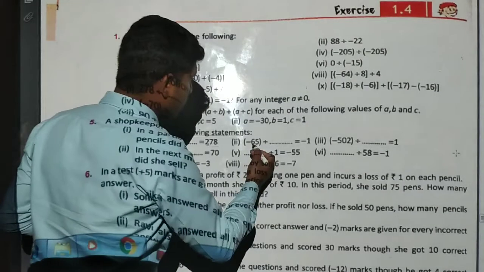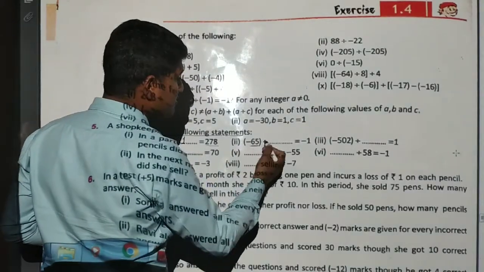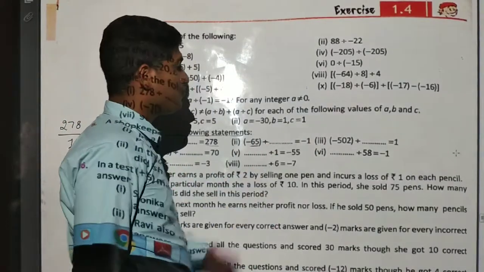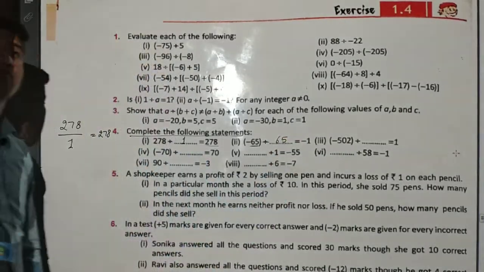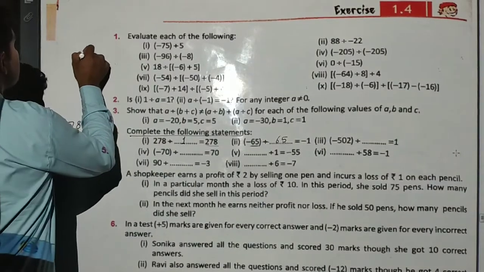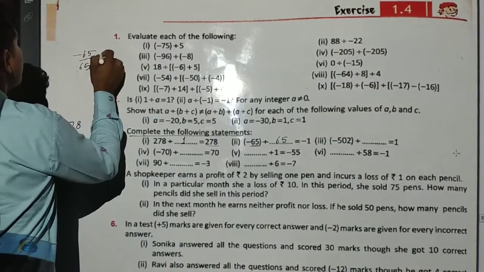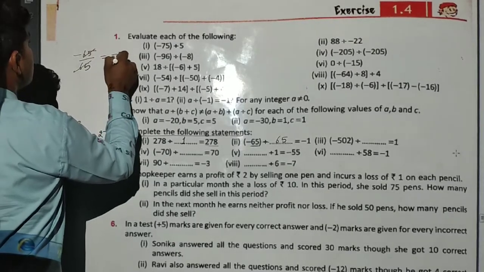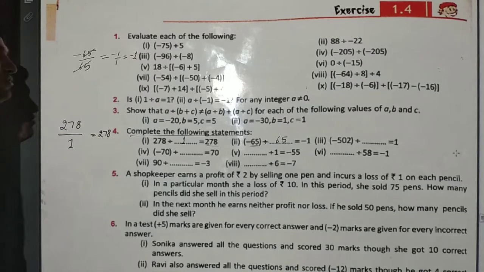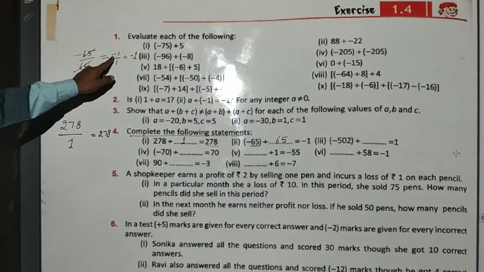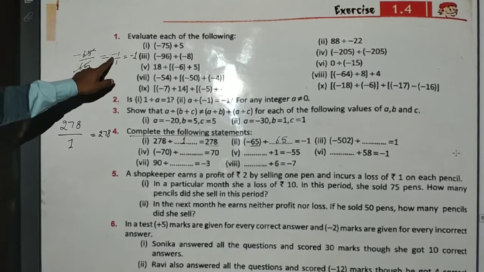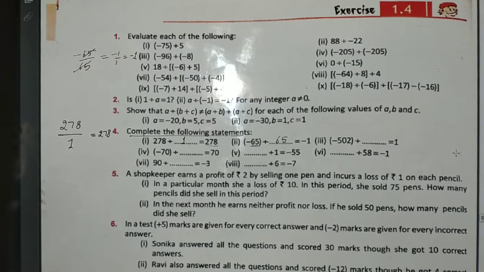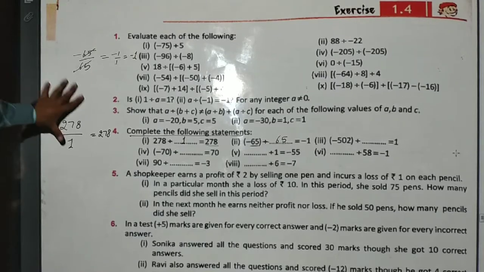Now we have to find minus 65 divided by which number gives minus 1. So we will divide this by 65. Take 65 divided by 65; this will cancel out, then minus 1 divided by 1 is equal to minus 1, because 1 divided by 1 is 1 and the negative sign will be taken. Here the numerator is negative and the denominator is positive, so these are opposite signs and the negative sign will appear in the result. So by these properties we can solve exercise 1.1.